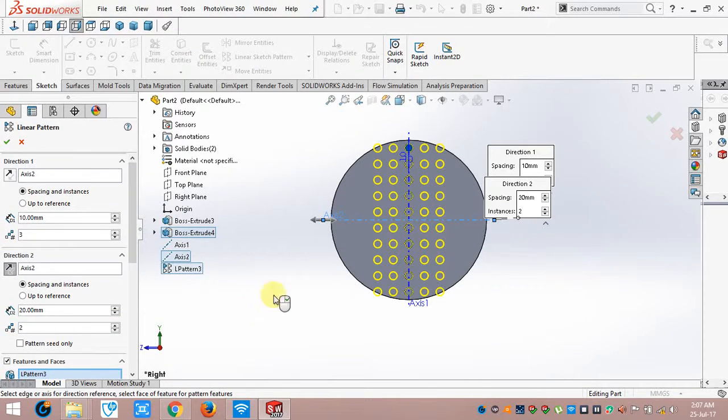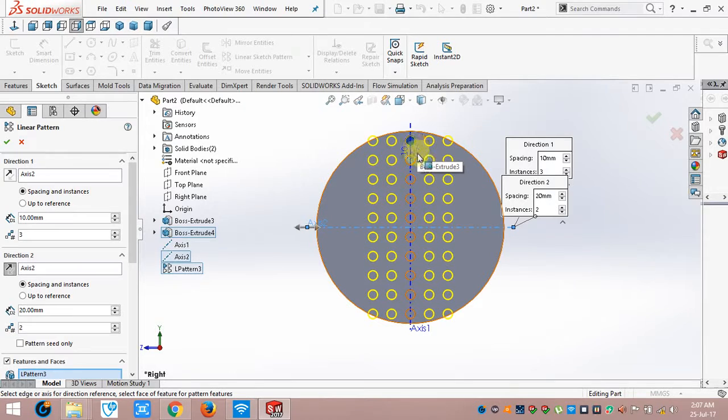Okay, so in direction 2, when I apply the axis 2 as the